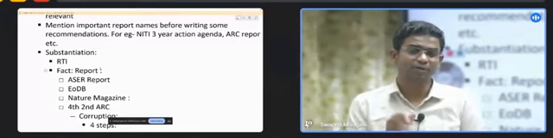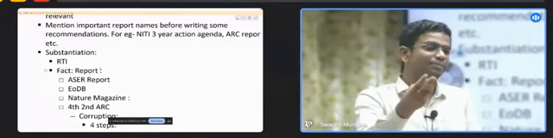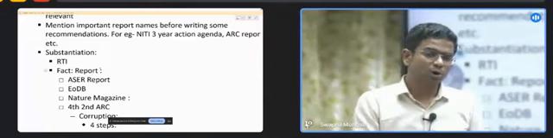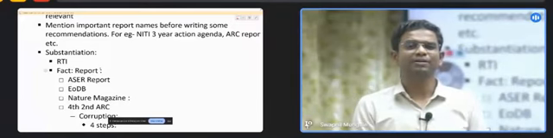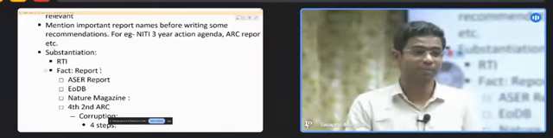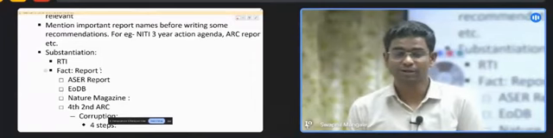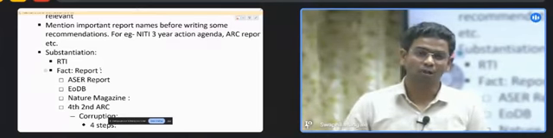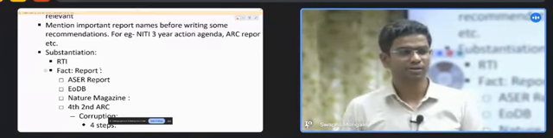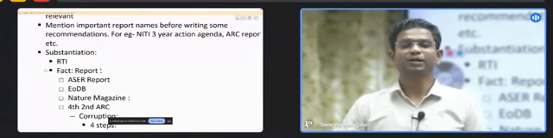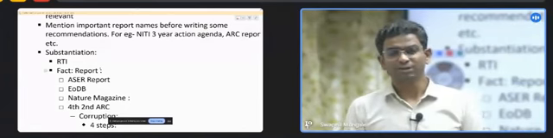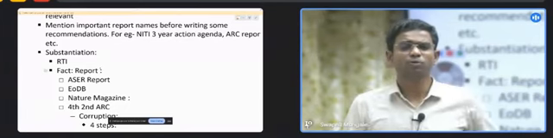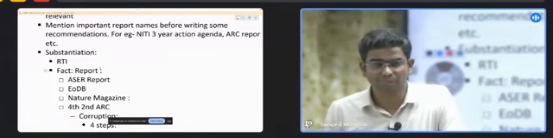Because if you write recommendations without naming where they are from, it might seem as if these are your recommendations, and the examiner might ask, who are you to give recommendations to the government? You are just a student right now. That's why you have to refer to some respected, established, renowned organization, scholar, or expert in that subject. Those areas have such authorities, experts, and reports, and you are not going to have that much authority compared to these organizations.